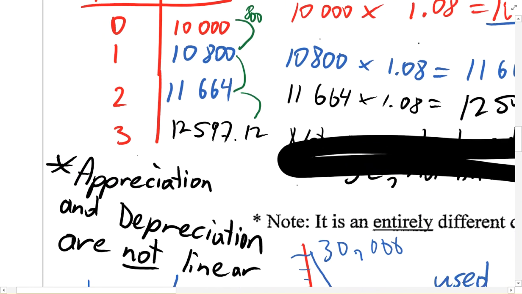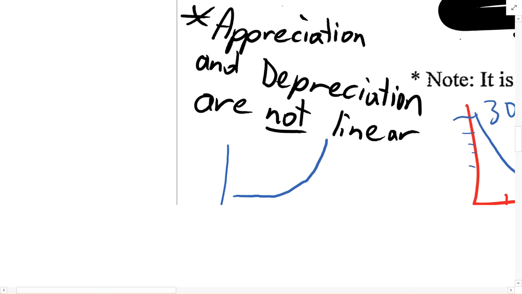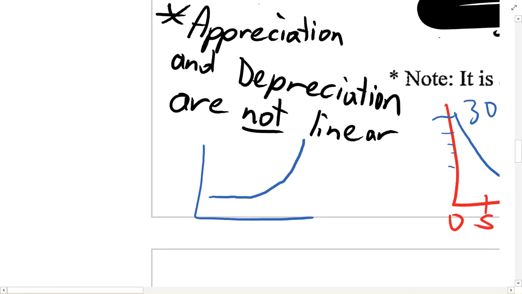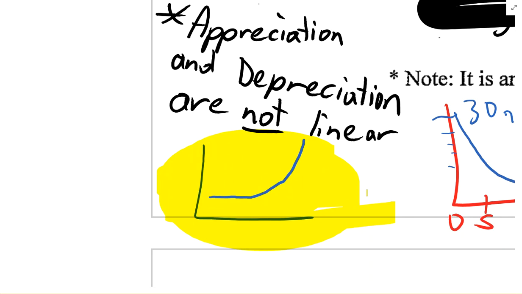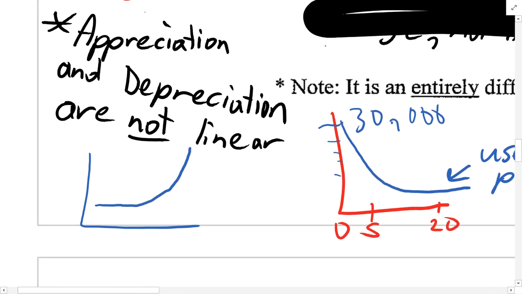Just like when you buy a car, its value decreases really fast as soon as you drive it off the lot, and then over time it gets less and less. So real quickly here, this is what our graph looks like of the painting. This is appreciation, where your value starts off small and then gets larger and larger. And of course, as soon as the artist dies, then it gets even more expensive, increases by a larger amount. Whereas this next one,